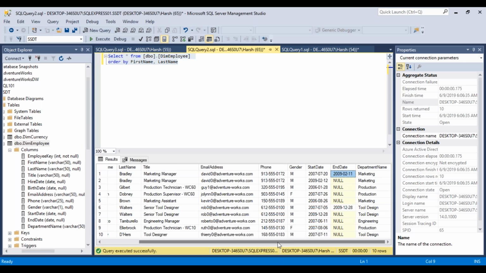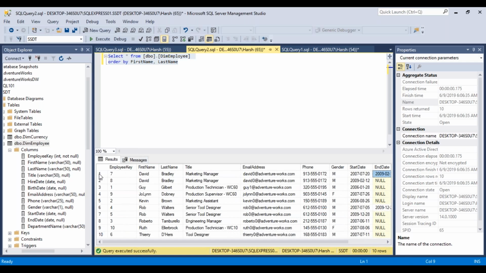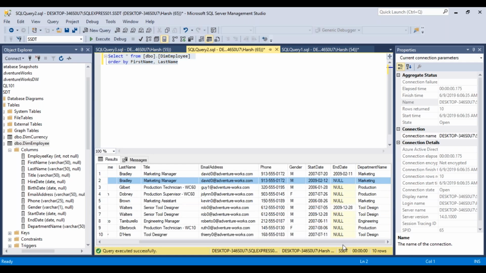So if I look at these two records for David Bradley, I have got two records for David Bradley. The title remains the same, the email address remains the same, the phone number remains the same, everything else remains the same. Probably because they changed some other attribute and I have not included that attribute in this table. But anyways, the important thing over here is that one of the records is end dated on 11th of February